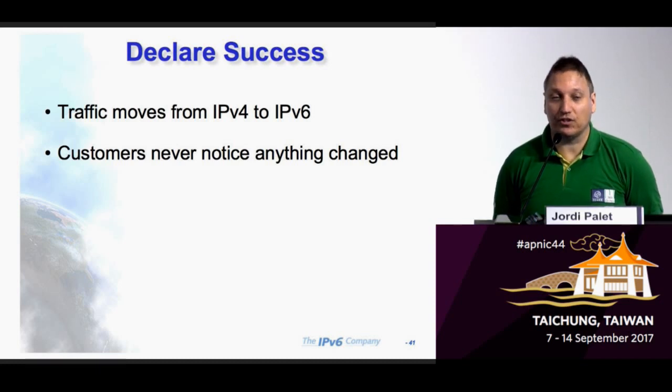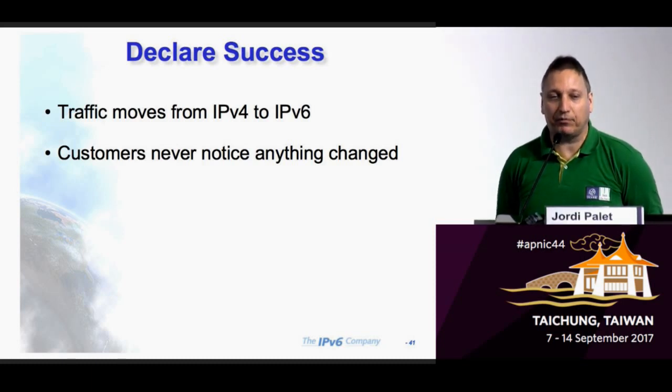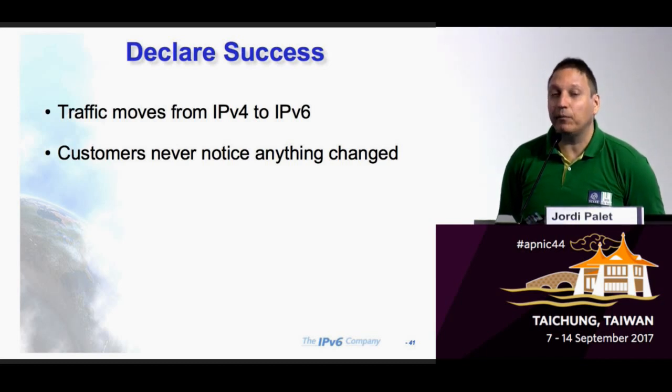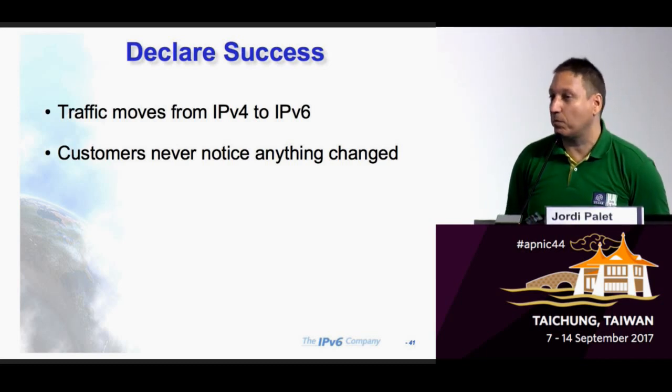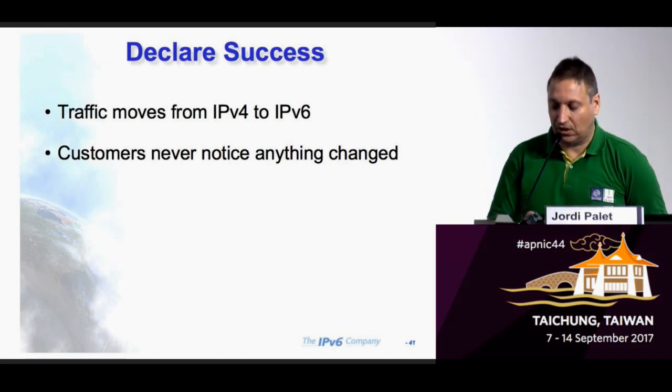If most of your users, typically at least 50%, sometimes 60, 70%, are using YouTube, Facebook, Netflix, all these kinds of things that are already supported with IPv6, it means most of your traffic will be IPv6, so you will use less and less IPv4, which means less and less IPv4 addresses. And the most important thing, your customers will never realize that they have been switched to IPv6, okay? Because if you have a single APN, they will not need to do any change in the